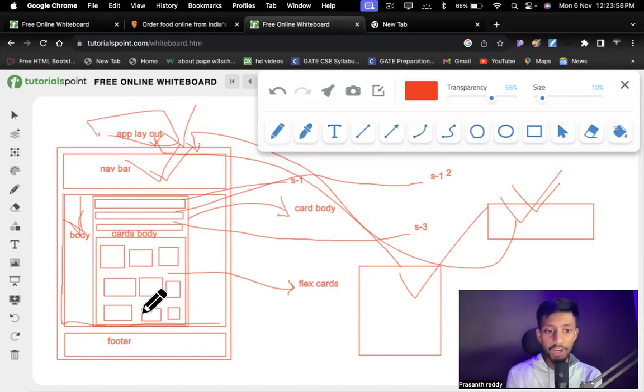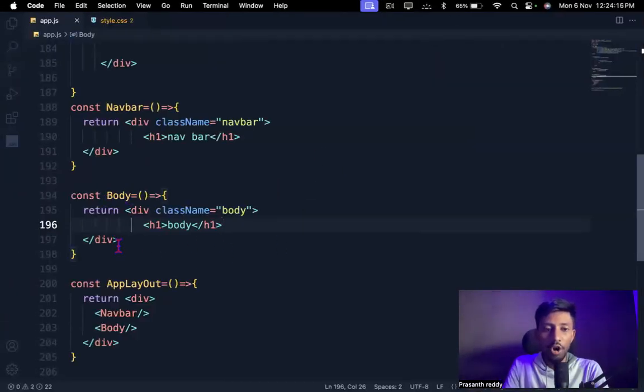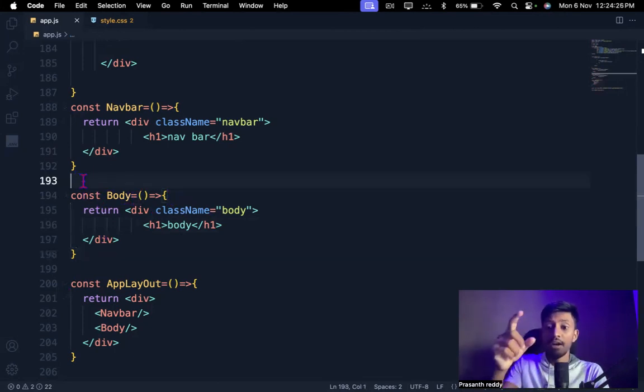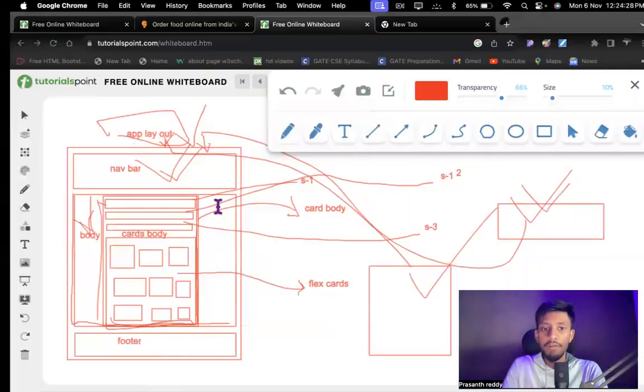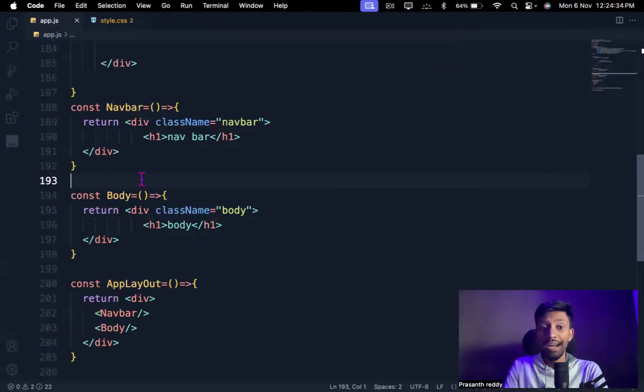Now let's come to the body. I want to create this card body. Let's name it card body. Let's build this card body. Let's go here, body created. Let's build the card body. Do I need to create it below this? Do I need to create it on top of this body? I want to create it on top of this body, guys. Why? Because I want to inject this box into my body. So I want to create it at the top of this body.